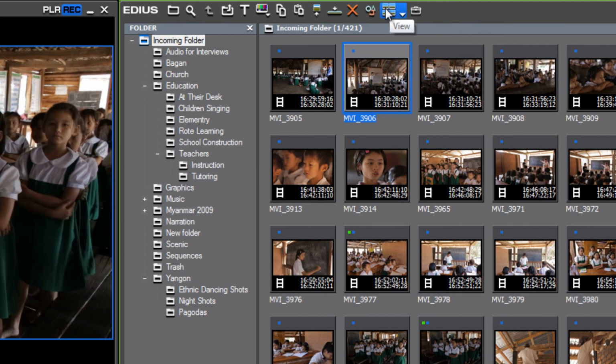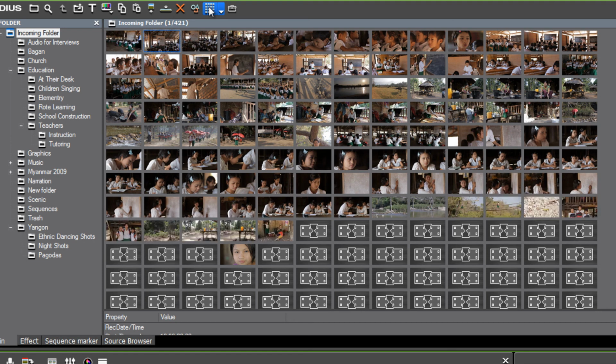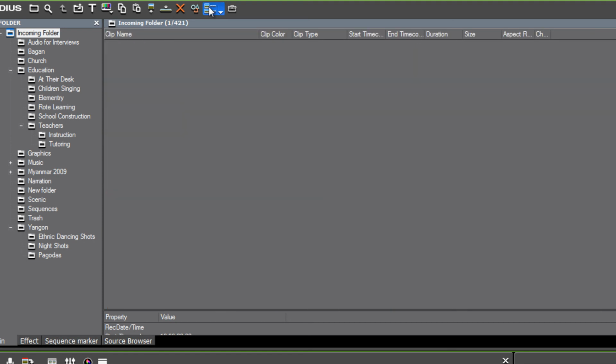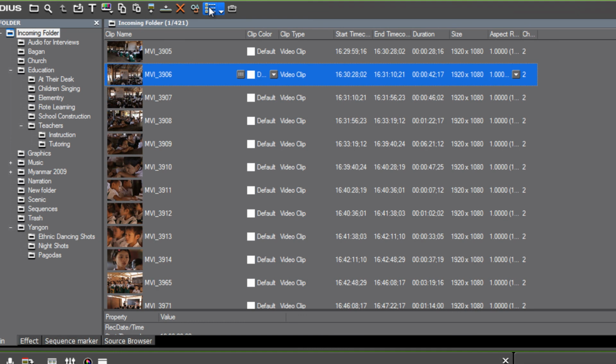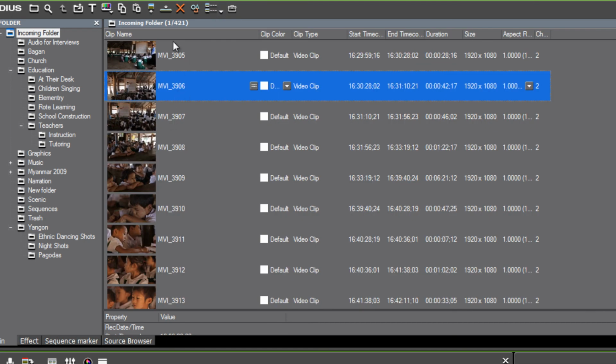Okay, now the next option here is something you probably will find very handy and use often, and that is you can toggle through the different ways that the bin allows you to view the clips. And there will be times when you find it helpful to see more text-based information about the clip. And so I often will have the clips showing up in this view. When I'm sorting clips, probably this is the way I would like to see them. But when I'm actually editing and working with the clips, I will probably choose the view where I'm seeing more